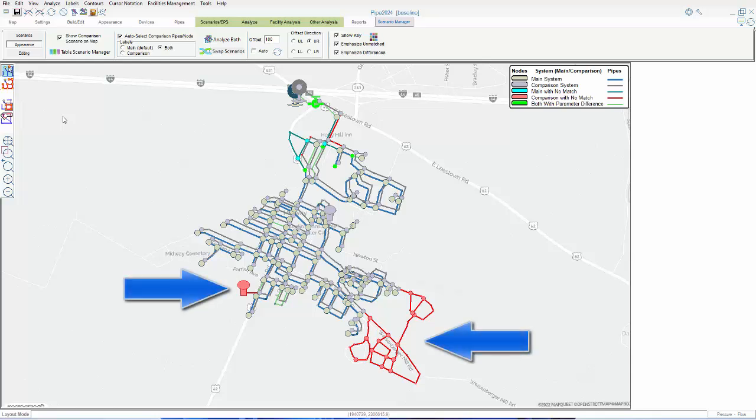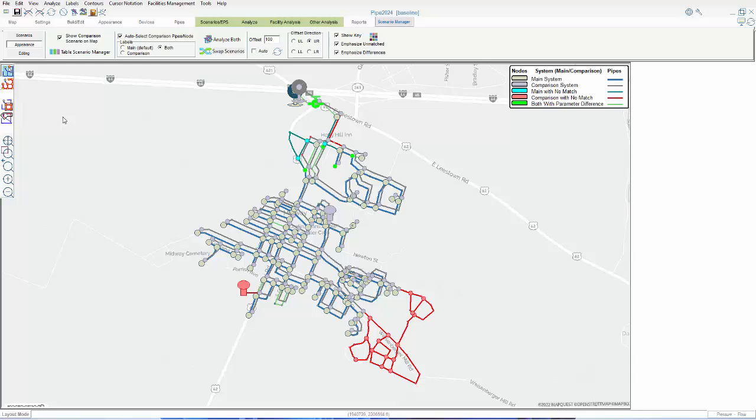additional overhead storage tank. Let's say our initial task was to model this extension, but now we have been told that the overhead storage tank has been funded ahead of time, and now we need to have it present in both scenarios. In other words, we will need to copy and paste the tank from Southeast Extension to baseline. We could do this manually, but the push feature is more convenient, especially for large numbers of pipes and nodes. But for this example, we'll start simply by pushing the tank from the comparison scenario to the main scenario.